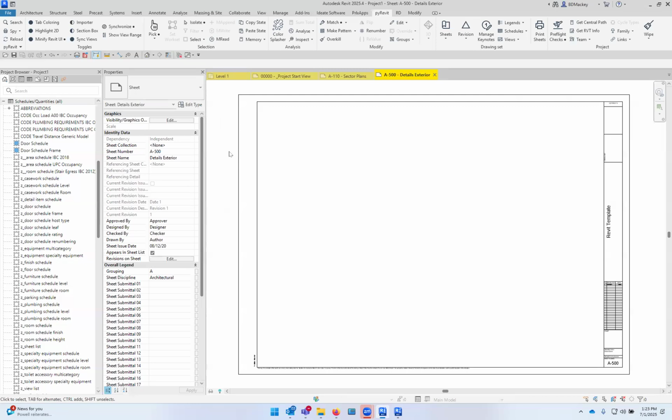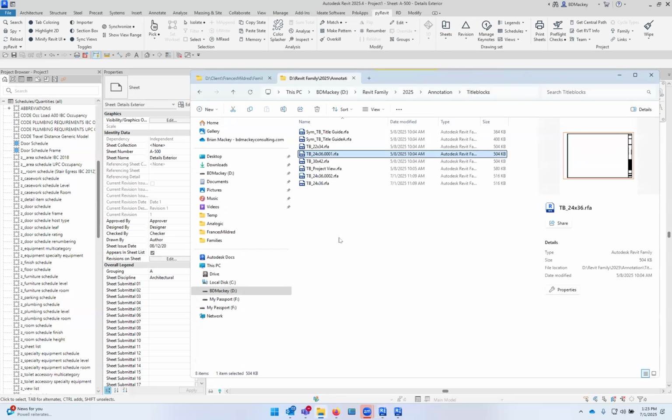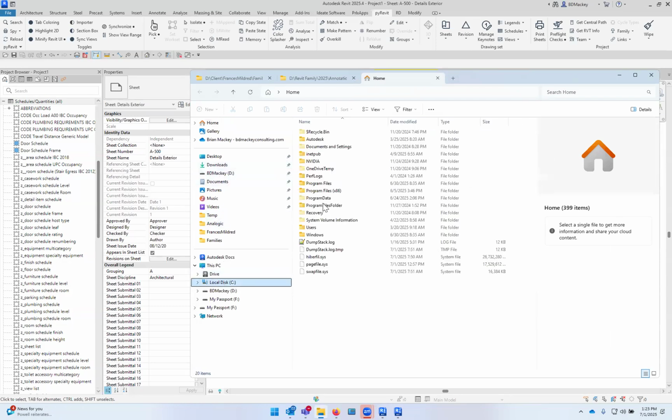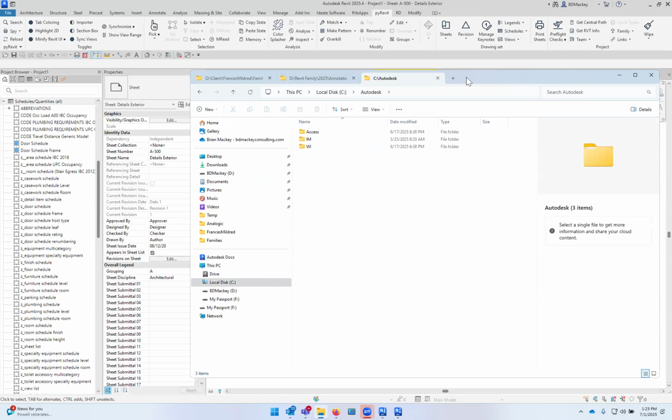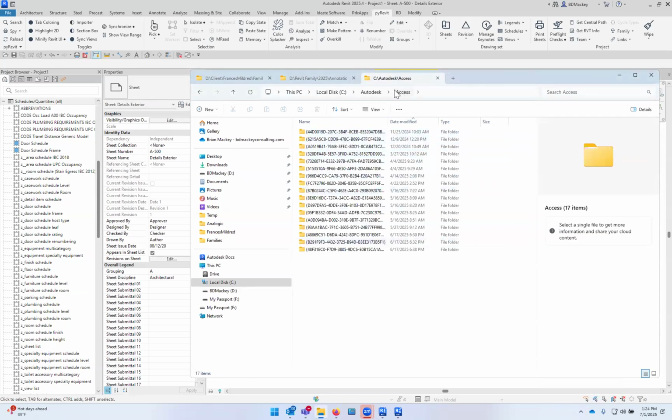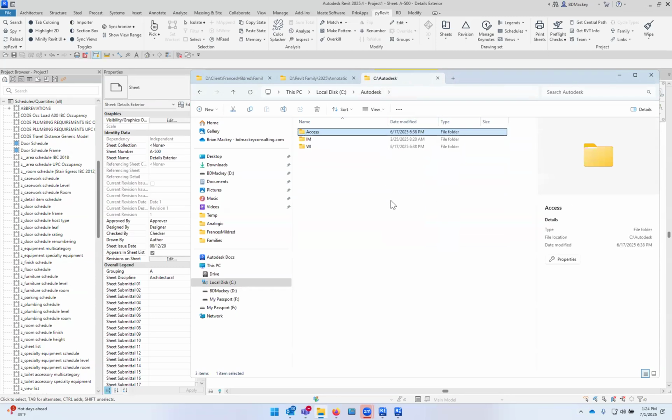The other thing that I also like to tell people when their computers start running slow, and most people don't know this, is if you go to your C drive and you go to the Autodesk folder, underneath it you're going to have these three folders. These are your downloads for when you update Revit. If you're using Autodesk Access, the little tool down here that comes up and says you've got updates to do, and you install from Autodesk Access, it puts it in this folder. If you actually go online to manage.autodesk.com and start pulling that stuff down,